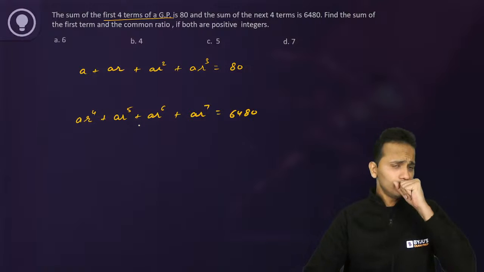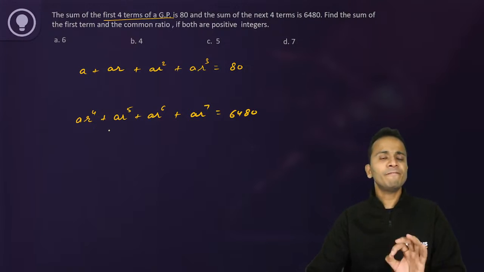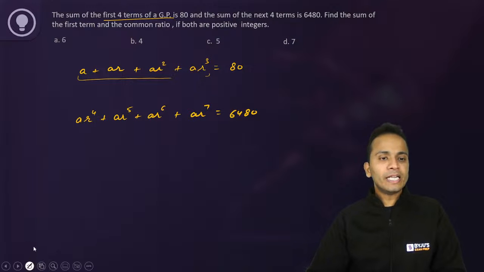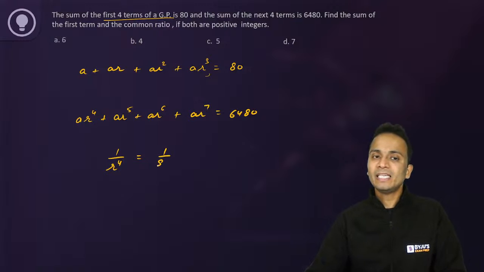Now in the second equation, from the left hand side, if you take out R raised to the power 4 common, then you will find this particular portion. Okay, right? So you can take that common and divide the first and second equation. Divide the first and second equation. So you will get 1 upon R raised to the power 4 on the left hand side. Okay? And on the right hand side you will get 1 upon 81.